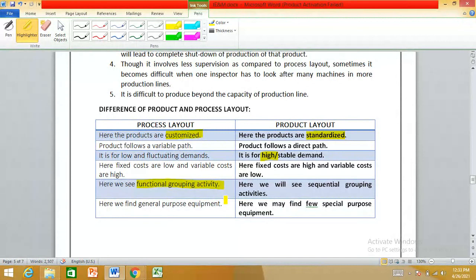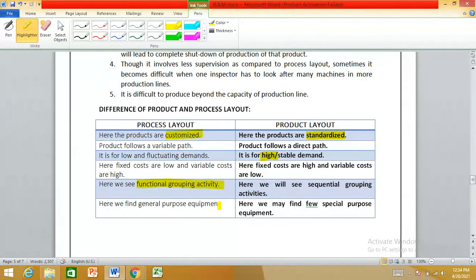Like all machines performing the milling function are kept under the milling section, all machines performing the drilling function are kept under the drilling section, like that. But in product layout, we see sequential grouping activities. Means as per your production line or product flow line, the machines are sequenced.